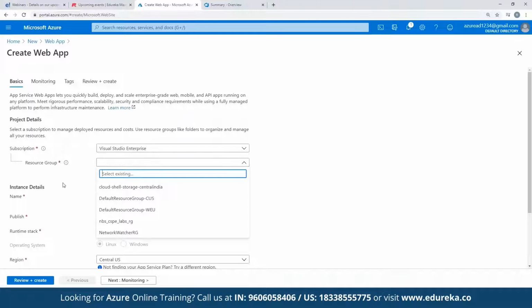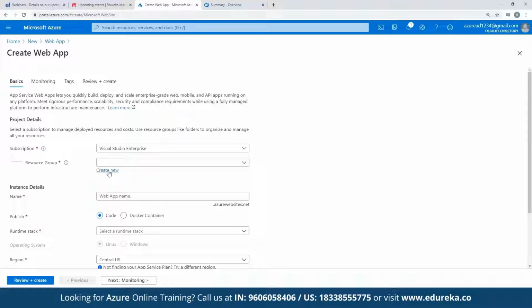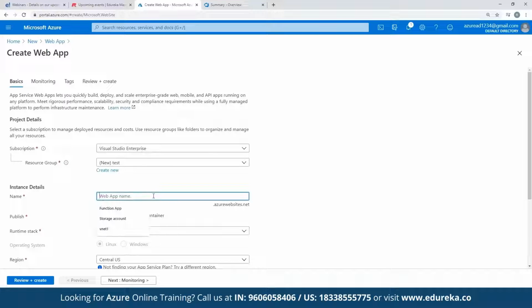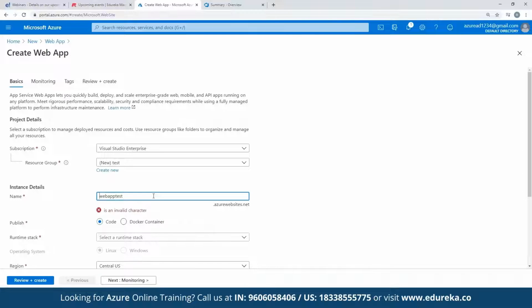Okay, we have resource groups which are already available. If not, you can create a new one. You can name it test resource group, and your web app you can name web app test, which was already taken. So give it a unique name which is available, just for testing purposes.